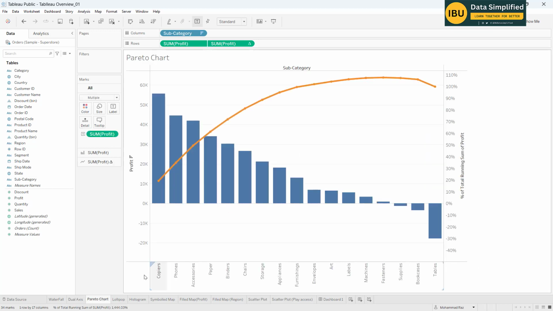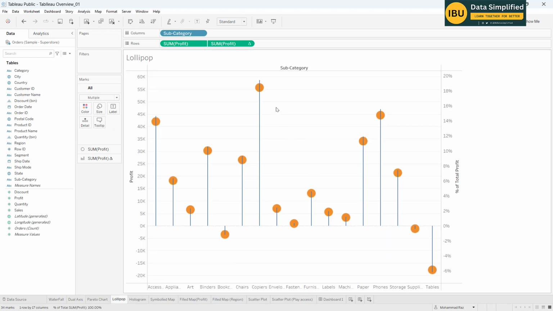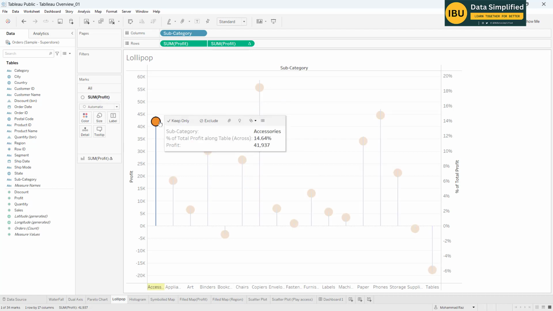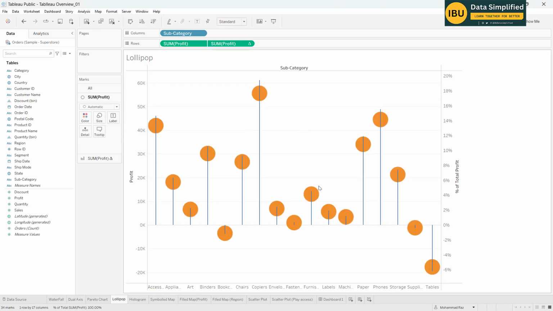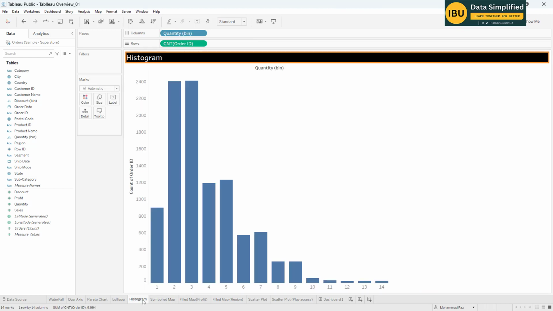Then I also have a Pareto chart. There are different types of chart. And then this is called a lollipop chart or something. You can even change the size also. You can modify it, and we will see all of that in depth in later tutorials. And this is the histogram,